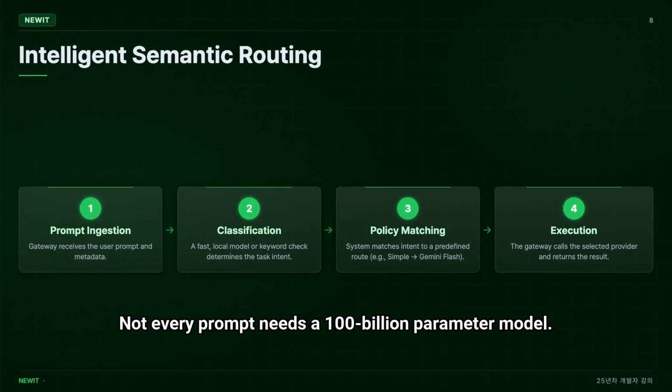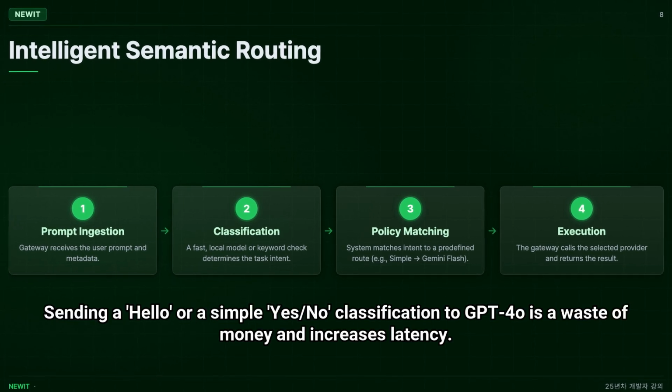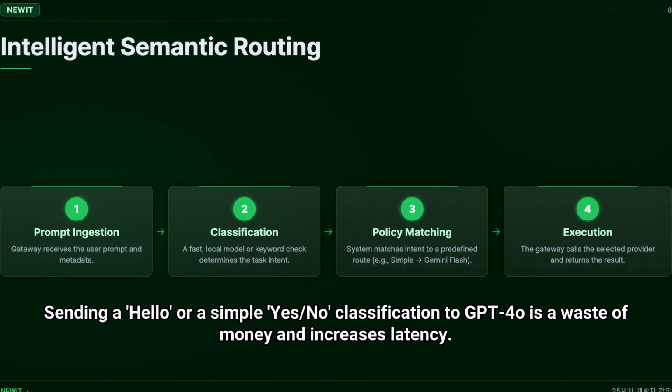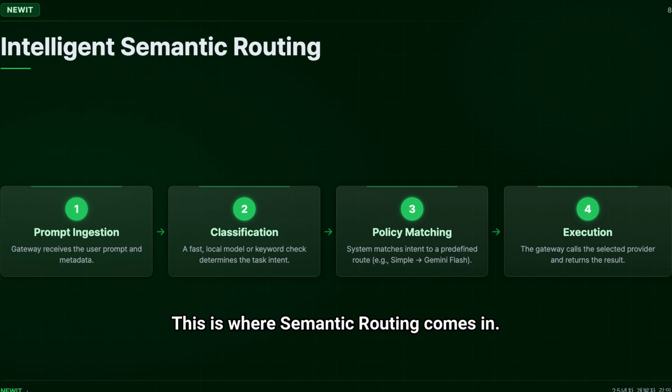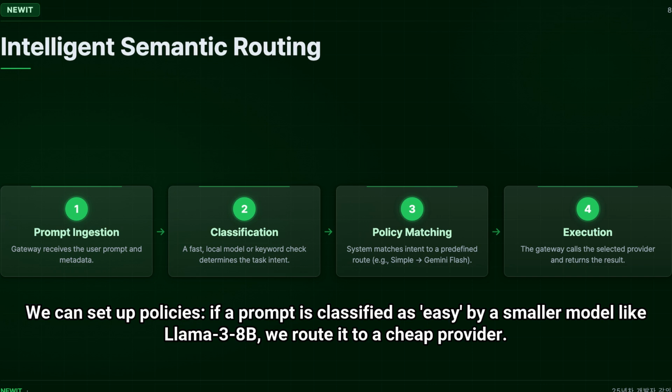Not every prompt needs a 100 billion parameter model. Sending a "hello" or a simple yes/no classification to GPT-4o is a waste of money and increases latency. This is where semantic routing comes in. The gateway acts as a traffic controller. We can set up policies. If a prompt is classified as easy by a smaller model like Llama 3 8B, we route it to a cheap